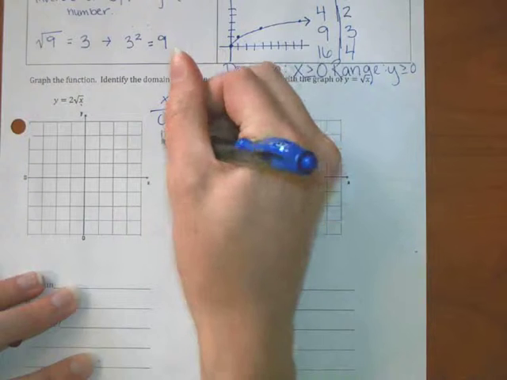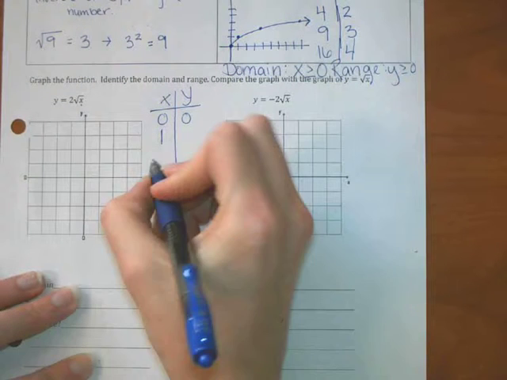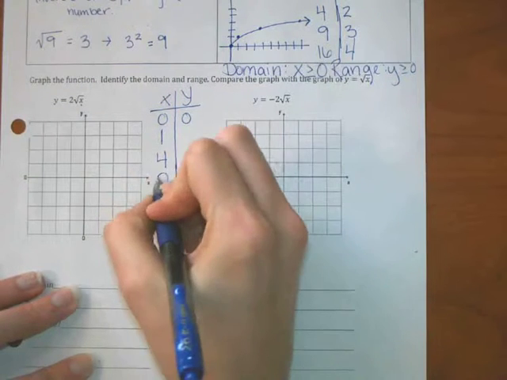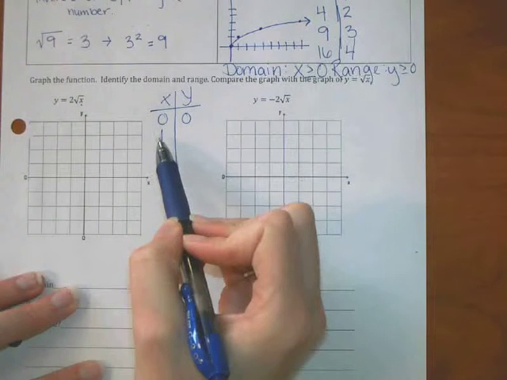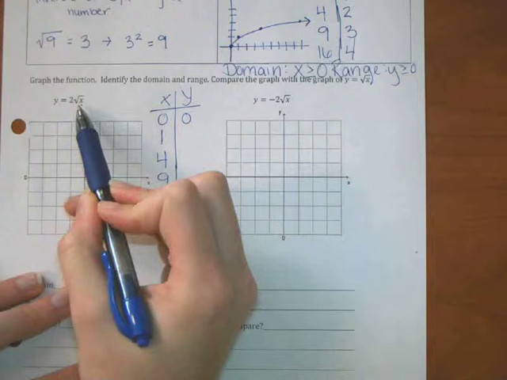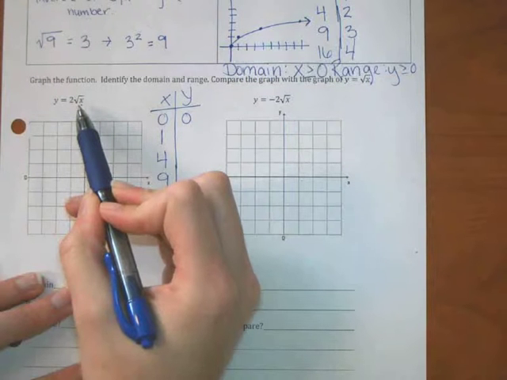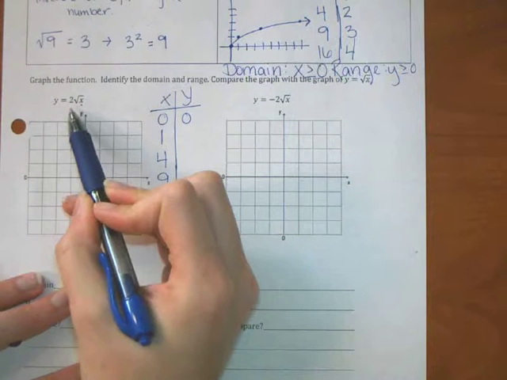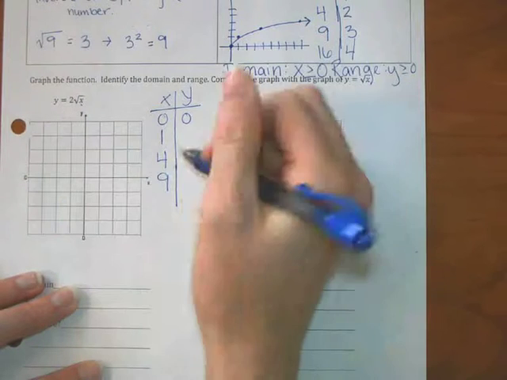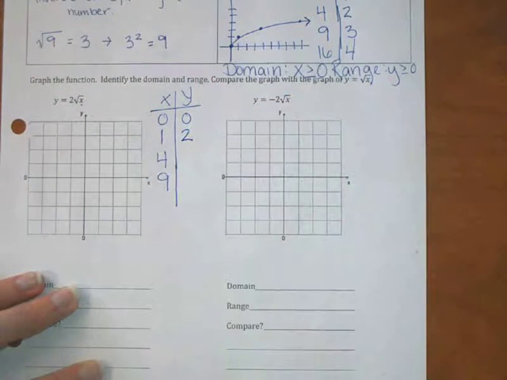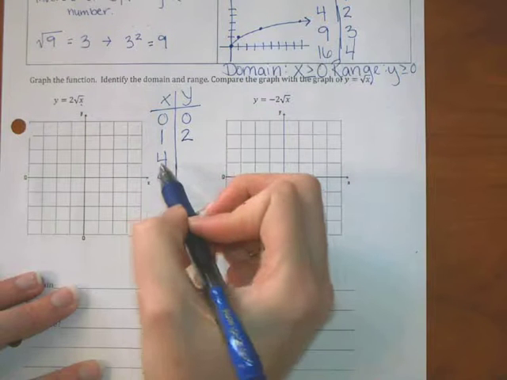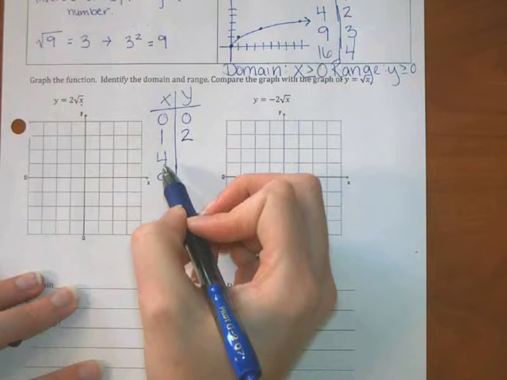But if I put 1 in for x, so let's say we'll put the same numbers in. We'll just go down to 9. If I put 1 in for x, what's the square root of 1? 1. And we multiply it by 2? 2. Okay, let's try one more and see if we can see our pattern. So if I put 4 in,